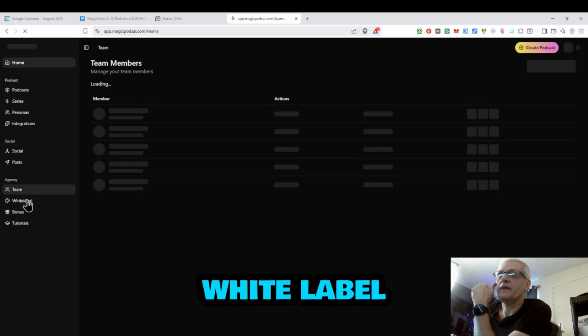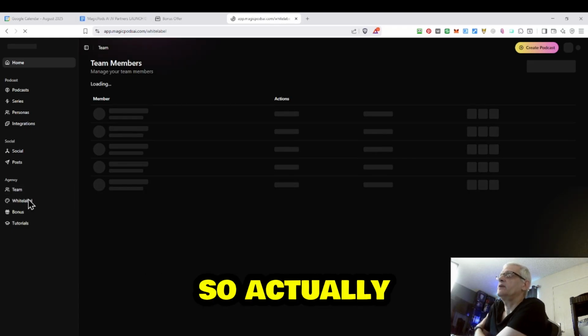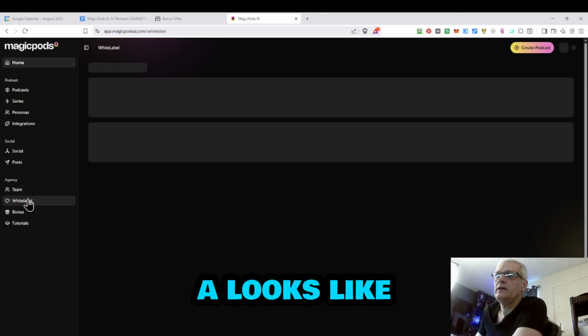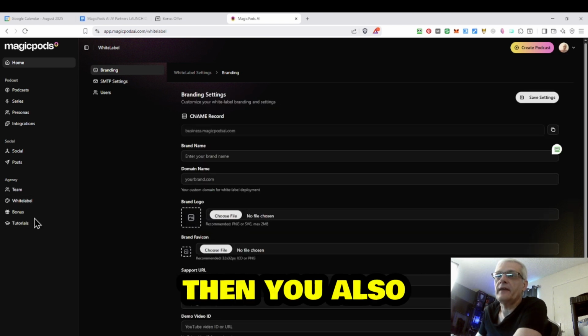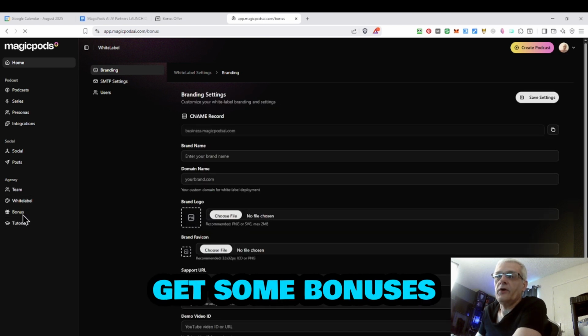Okay, and a white label. I think I can actually white label it. So I actually have, looks like I've got agency access too. So that's pretty cool. Then you also get some bonuses